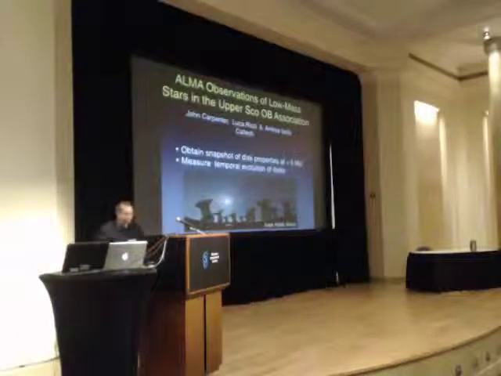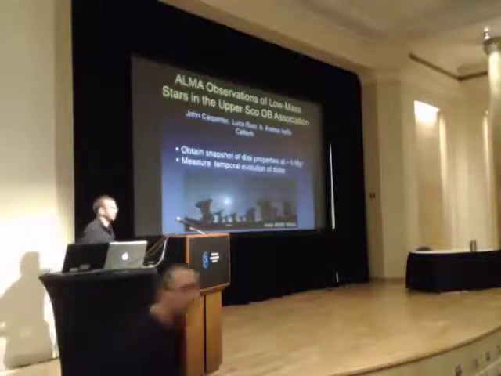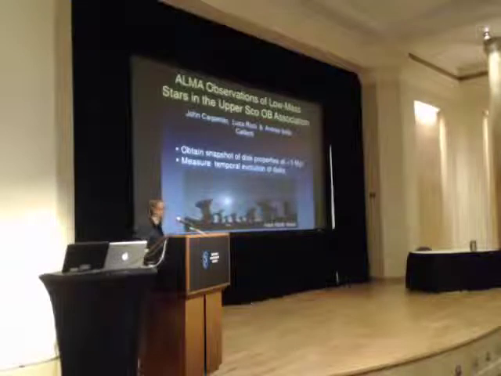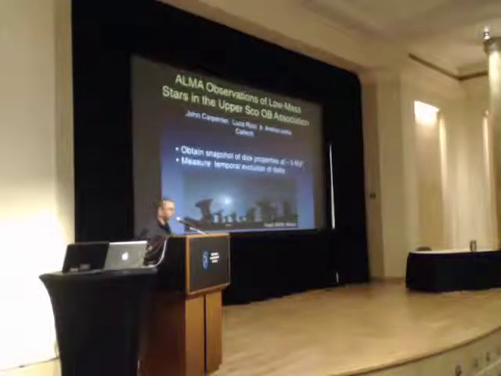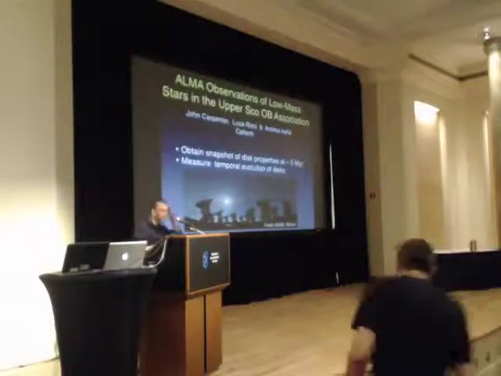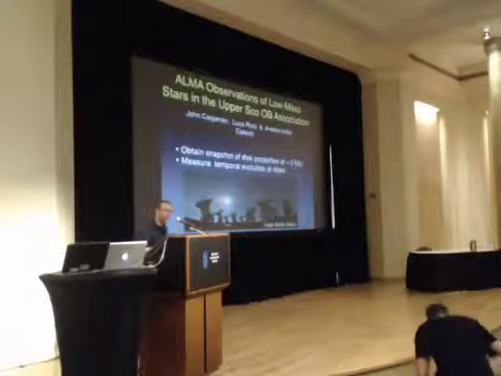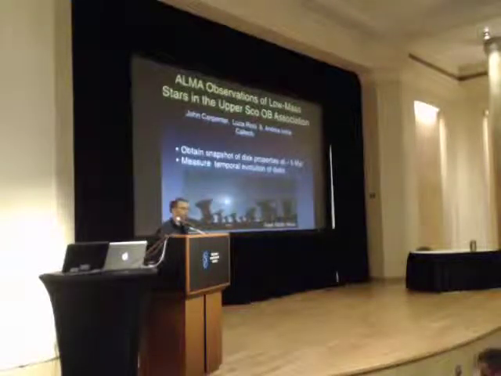Okay, so I'm going to give some preliminary results on some ALMA observations of low mass stars in the Upper Sco OB Association. This is a program trying to measure empirically the evolution of circumstellar disks. Upper Sco is usually quoted to have an age of roughly 5 million years, and it's older than the typical regions that most people study, like Taurus and Ophiuchus, which usually have ages around a couple million years. So there's really a couple of goals to the study.